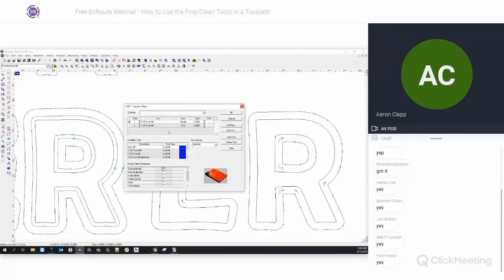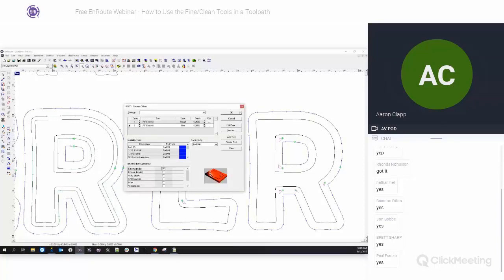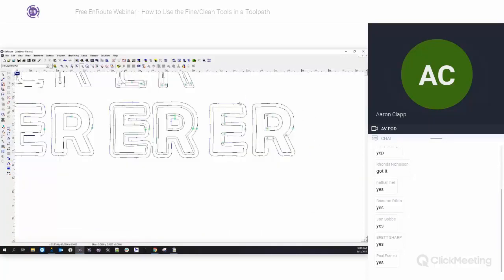I'm going to edit this toolpath and help us take a look at that. The way that I have this set up is an 1/8 inch end mill rough cut, and then an 1/8 inch end mill set to fine. And we'll just hit the edit, and we just changed that from here as well. Now, the fine tool path is restricted: you have to have a bit that's smaller than the original to do a fine tool path. Whereas if you're doing a clean tool path, you can actually assign the same bit twice and it's not a problem. So if I go back to here,